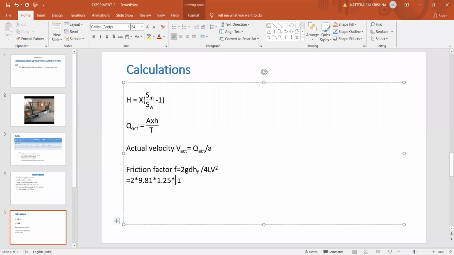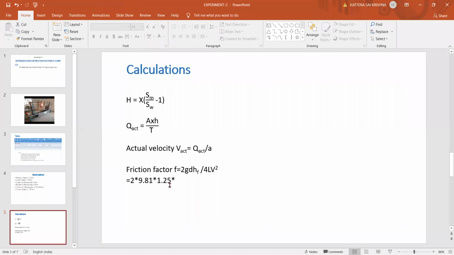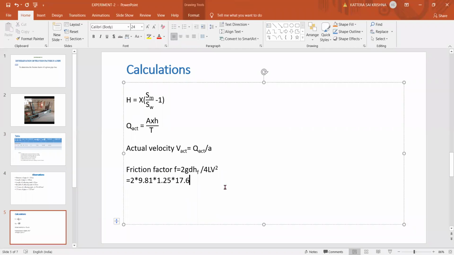Okay, so here capital H value we have calculated already from the table. Capital H equal to 17.64, so substitute that value here. 17.64 is capital HF. This whole term I'm just keeping in a bracket, nothing but 2G into DHF. Right? So divided by